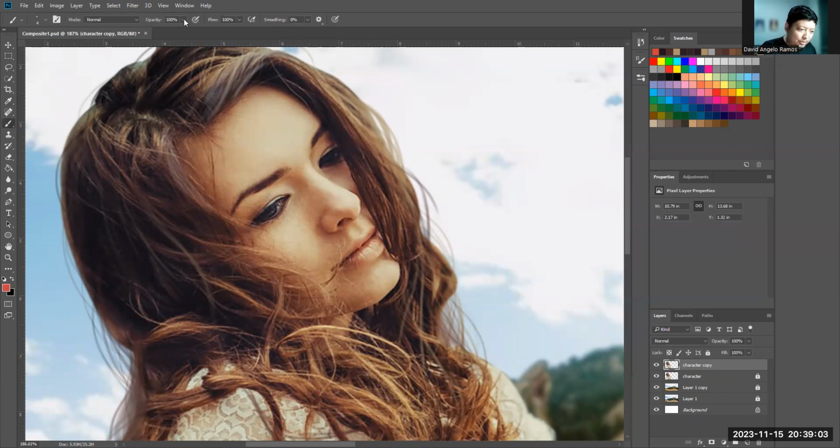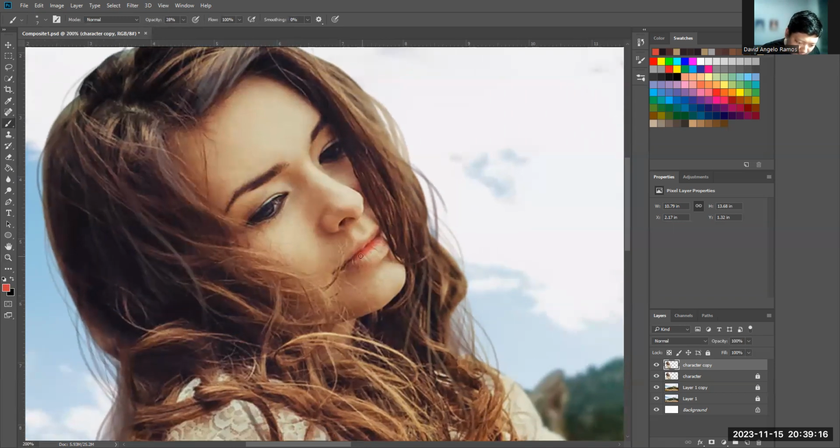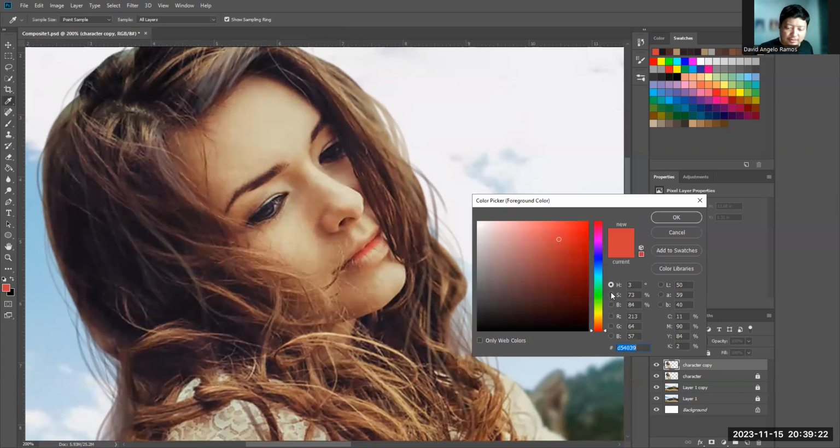So let's reduce the opacity to 20 or 30 or 28 in right there. Okay, so maybe we can put some highlights on her forehead